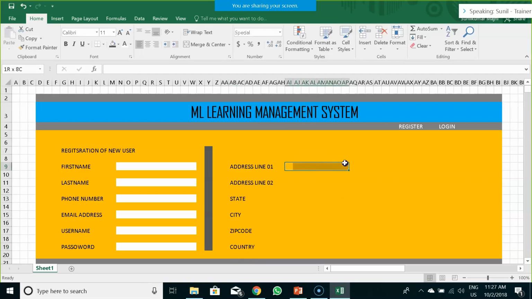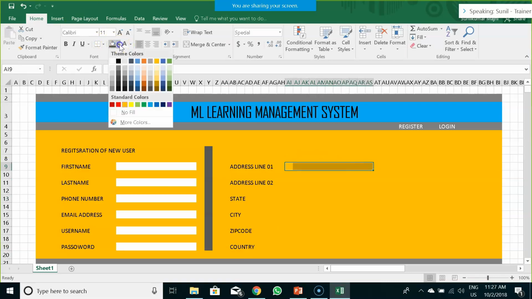And the same text box I would be creating using the white line.